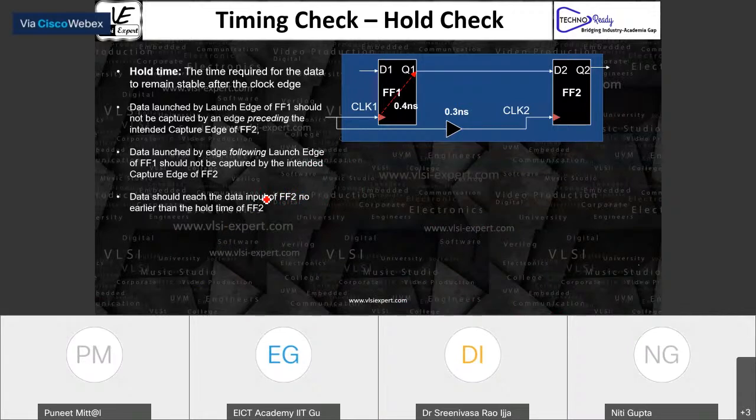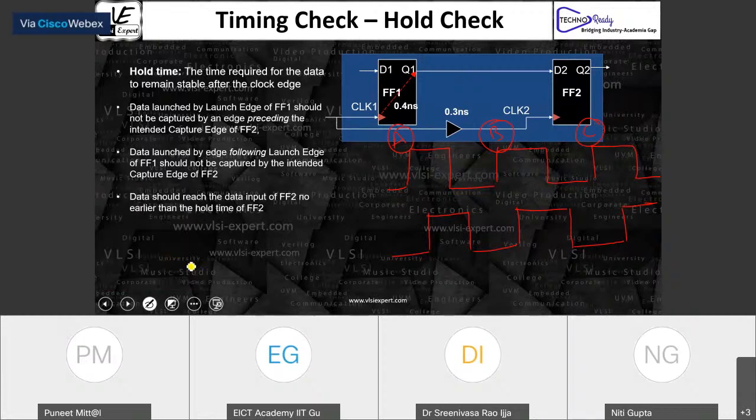So now let's try to understand with this waveform. What I'm doing is just shifting your capture clock a little bit, because now you will get clarity on what I'm talking about. There is a data A, there is a data B, there is a data C. When we are doing the analysis, we have to find out the edges, like if we are launching the data A from here, at which particular edge we want to capture.